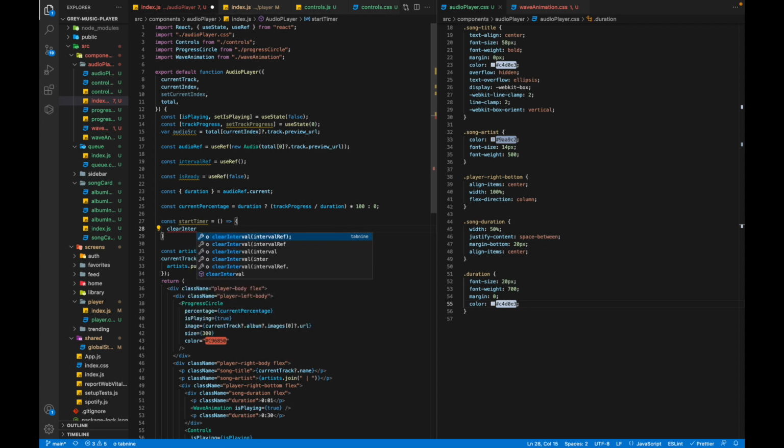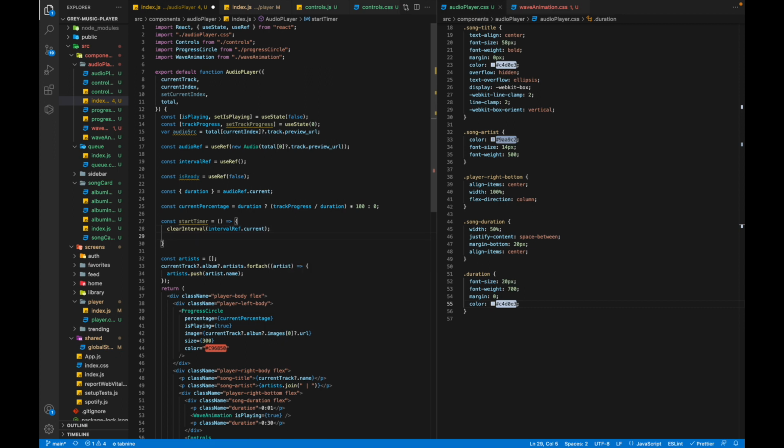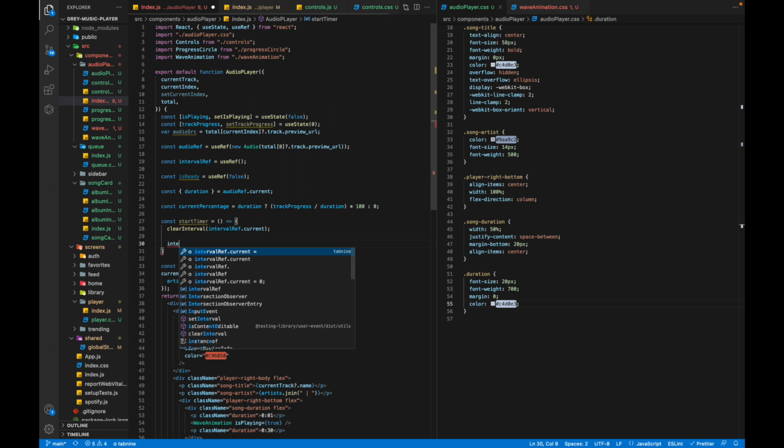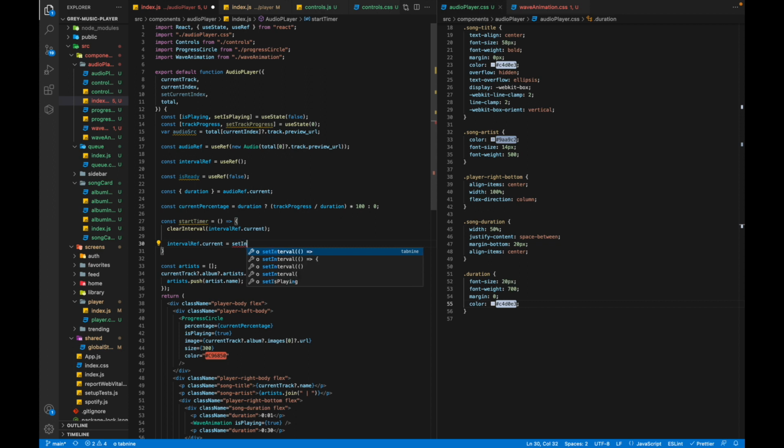If there is an interval inside the interval ref current, we'll simply clear it. Else, the current is equal to set interval,